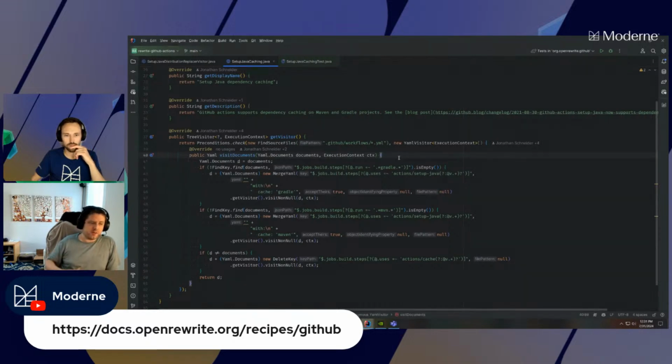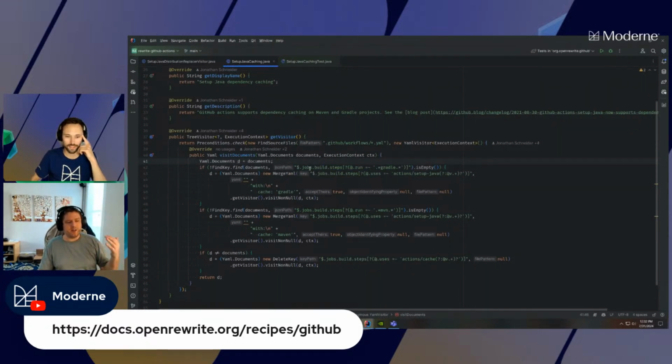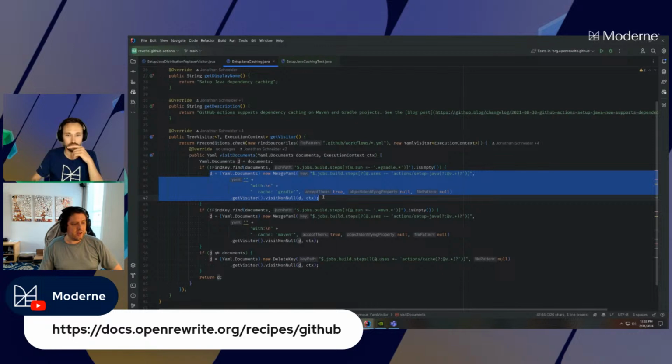The only visit method it overrides is visit documents, and then it uses find key to identify, with a moderately complex JSON path matcher, the presence of a job.build.steps that mentions Gradle in its run. And if it is there, it uses merge YAML to directly inline modify